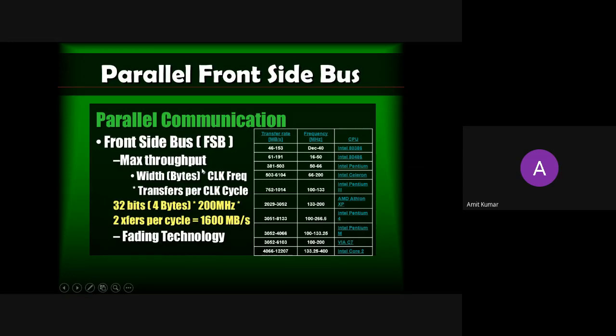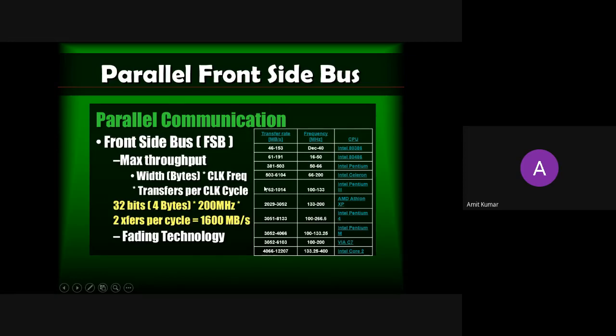The maximum throughput of a microcontroller or a microprocessor you can easily calculate from the width. Width means how many bits there are in your microprocessor. If it is a 64-bit microprocessor, your width will be 64 bits. If it is in bits, you can easily convert it into bytes by dividing by 8. Then the clock frequency is always mentioned on your laptop.